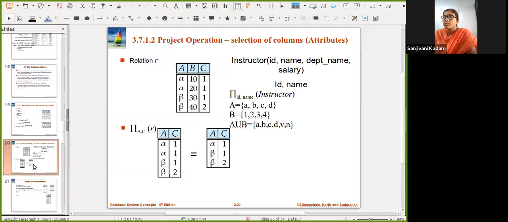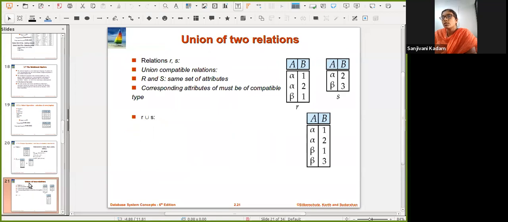Then after that, we studied the union of two relations. For union, we need set compatibility. Here we are referring to relations, so two relations must be union compatible. The set of attributes of one relation should be the same as that of the other relation.